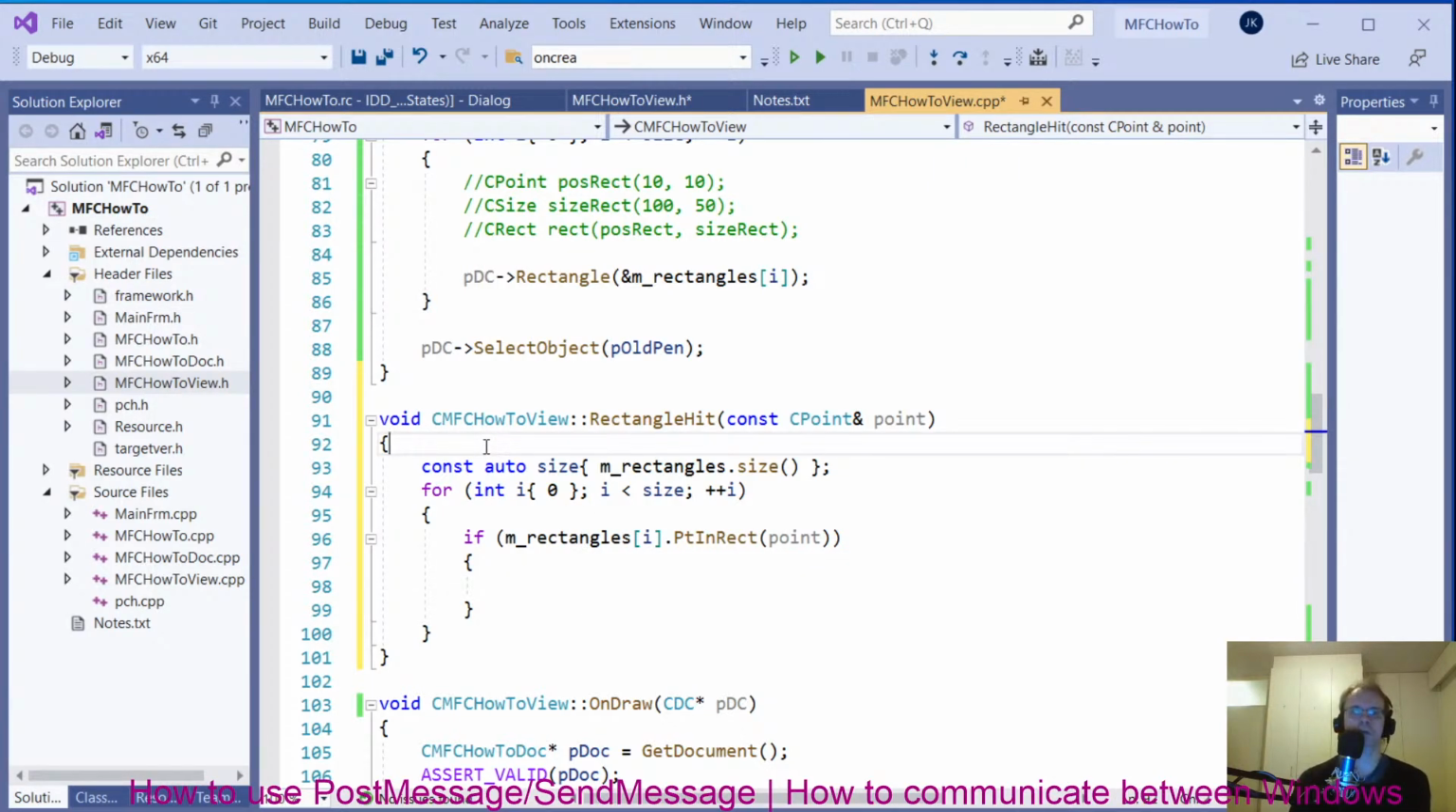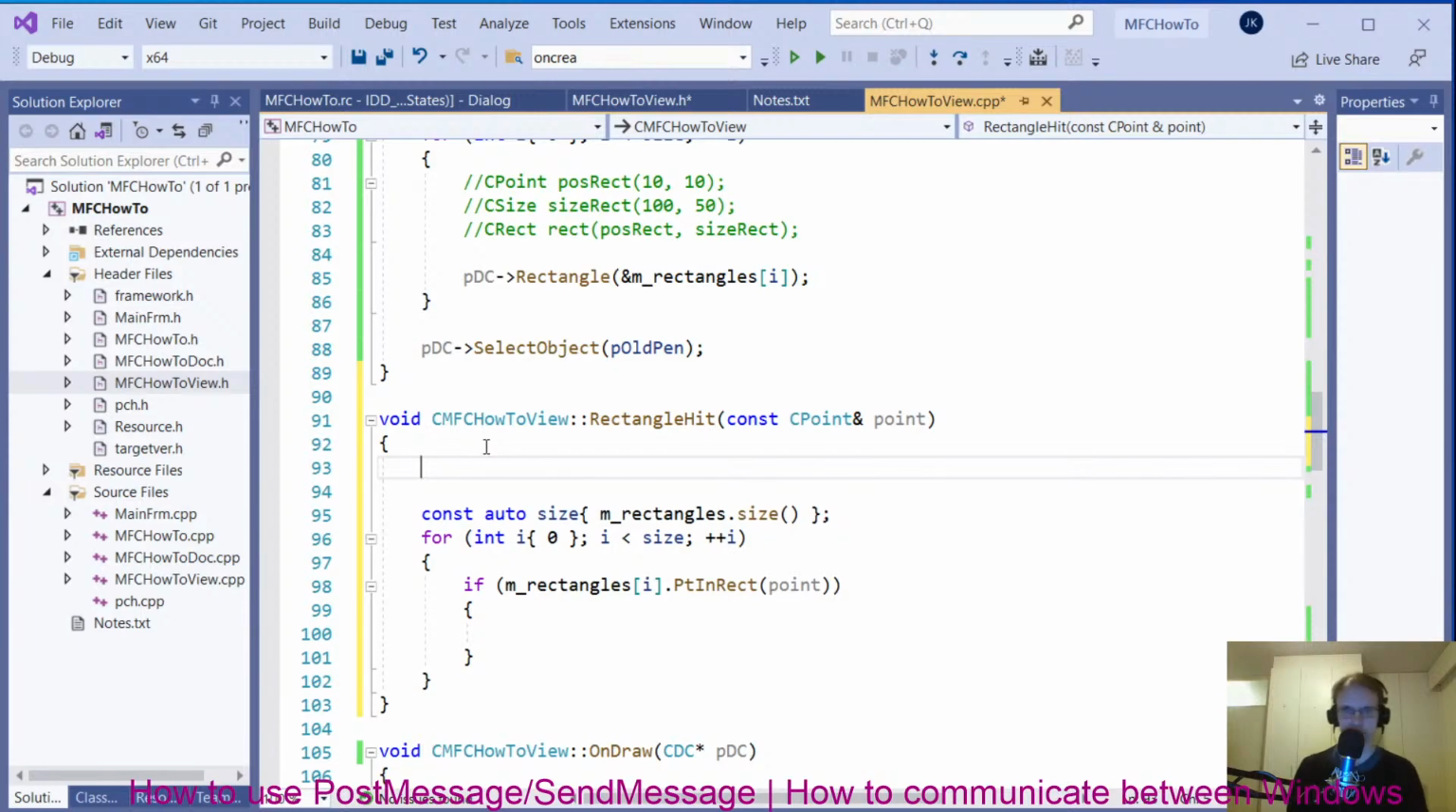So now we need to know if some of them got hit. Okay. But you know it's possible that none of them got hit, right? It's possible that when we click on the window, none of the rectangles got hit. So yes or no. Okay. So in that case, I think we could make a Boolean value here that